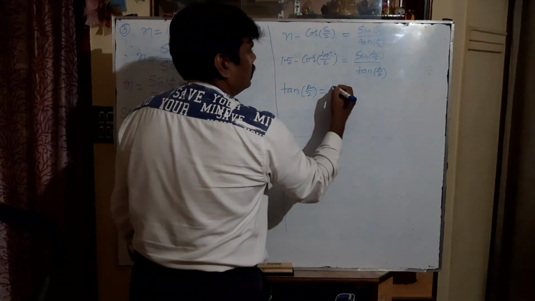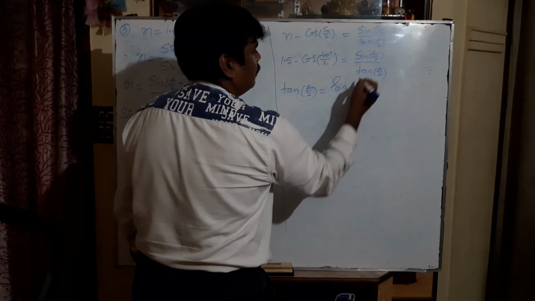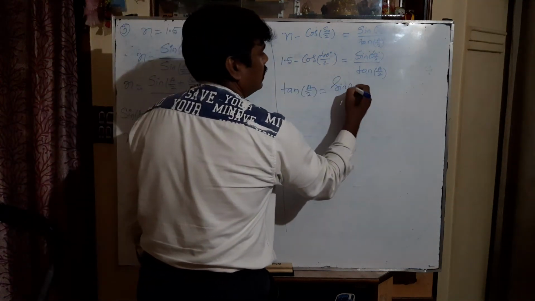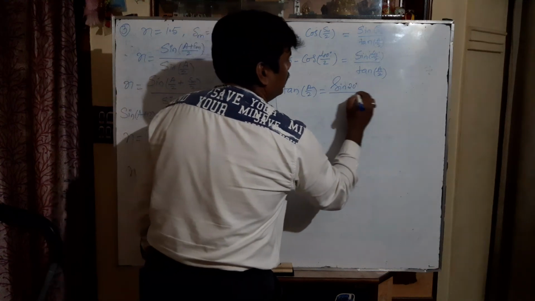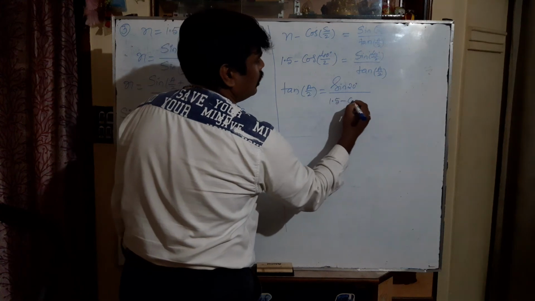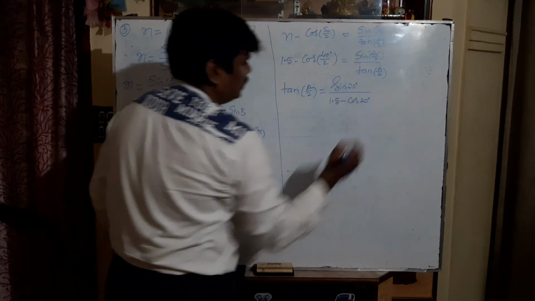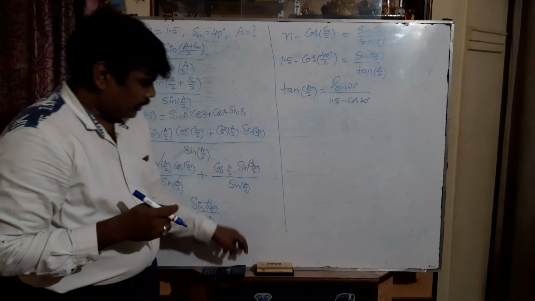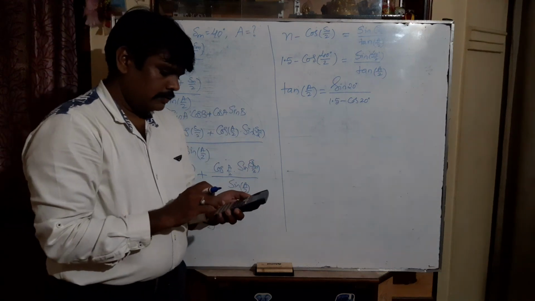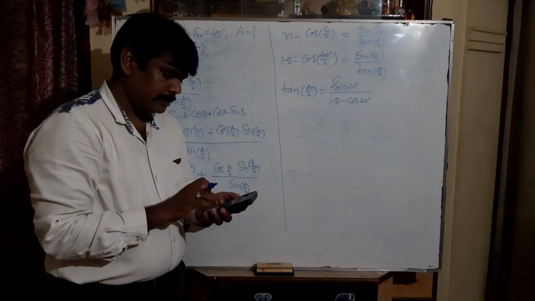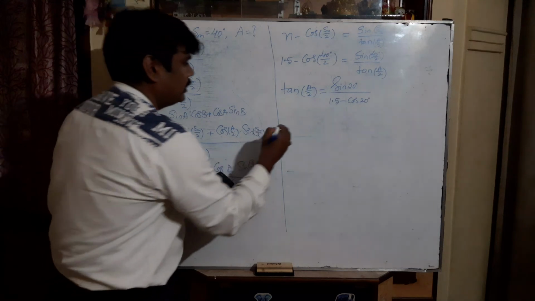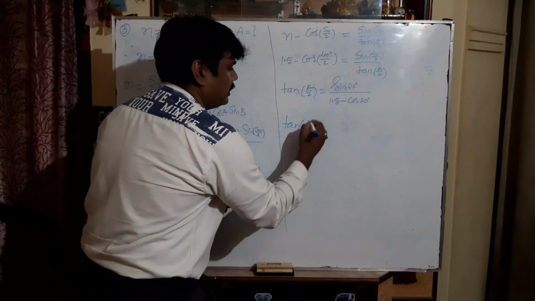So it will become sin 40 by 2. Delta m is 40 degree. 40 by 2 is 20 degree, divided by the whole term comes here, 1.5 minus cos 20 degree. See the value of sin 20 degree and cos 20 degree. You have to get that value from the class table in the trigonometric function. Sin 20 degree numerical value is, say, tan A by 2.